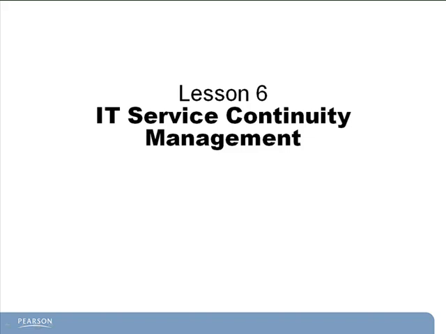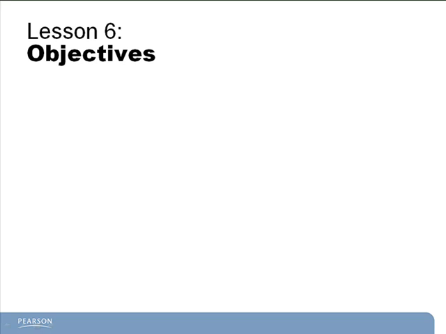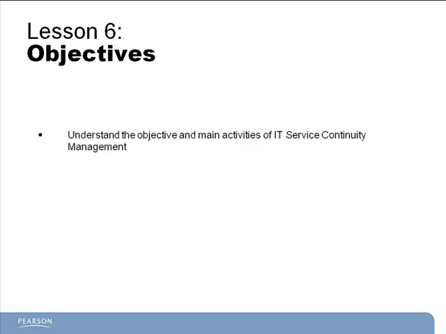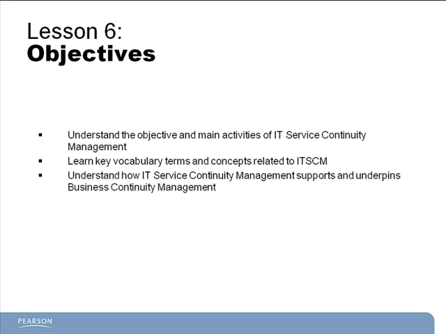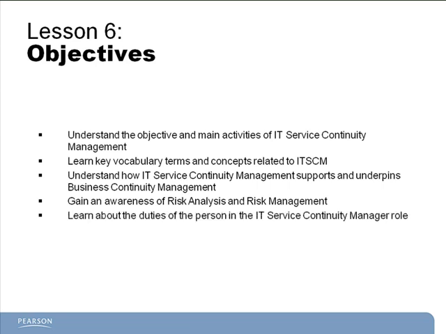Lesson 6 is the process called IT Service Continuity Management, and it has 5 main objectives. First, we'll understand the objective and activities of IT Service Continuity Management. We'll also learn key vocabulary terms and concepts related to this process. Next, we'll explore how IT Service Continuity Management supports and underpins business continuity management. We'll also learn the basics of risk analysis and risk management. And we'll wrap up this section by learning about the duties of the person in the IT Service Continuity Manager